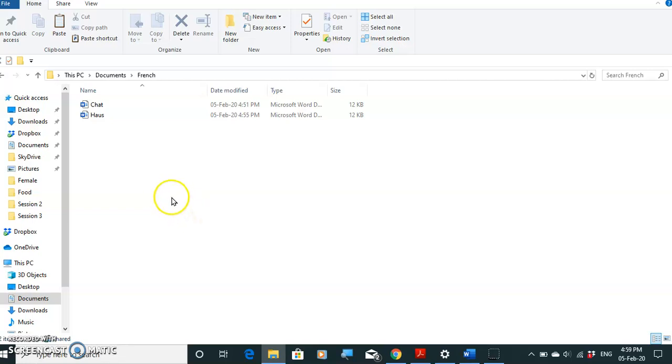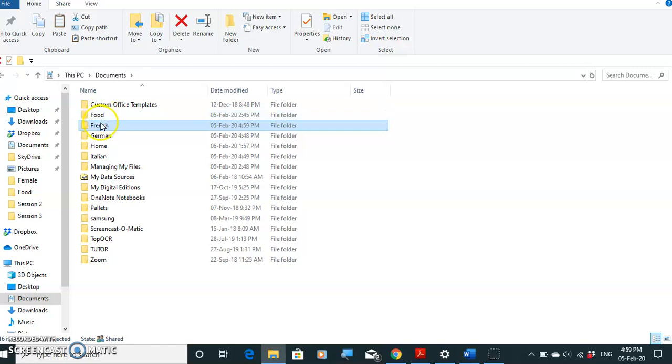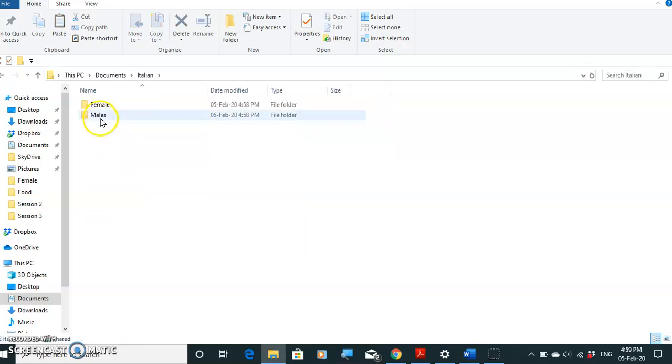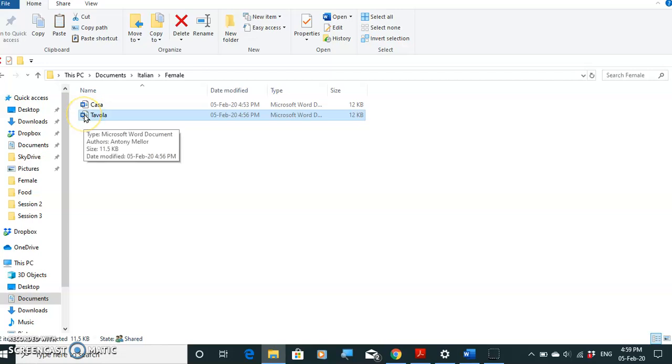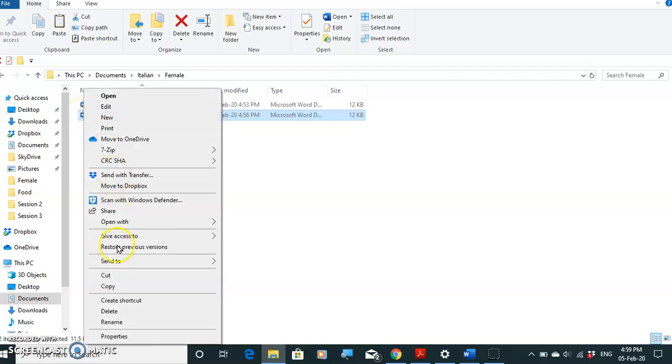tavola. Where's tavola? It's not in French, obviously. Let's try Italian, females, I'm guessing. There it is, tavola. So clicking once on that to select it. Copy the file tavola into the German folder and rename the file Tafel. So copy it, could use that. This time I'm going to right click just to do something different. Copy,